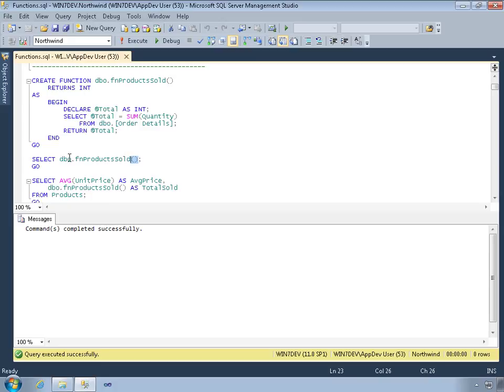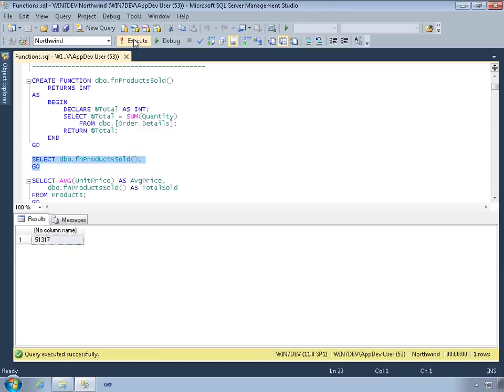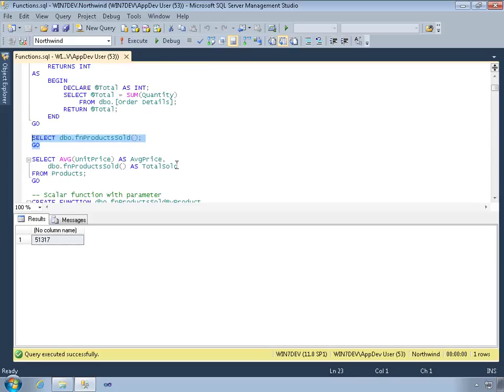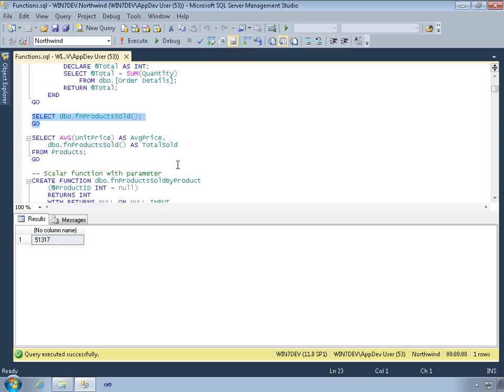Okay, I can't execute a user-defined function directly, but I can do that within a select statement. So when I execute this code, we have 51,317 products that have been ordered through various orders in the Northwind database. Now you can use this function anywhere you can use system functions, such as in views and stored procedures, in batches, scripts. So here's an example of using it within a select statement that's actually extracting data from the